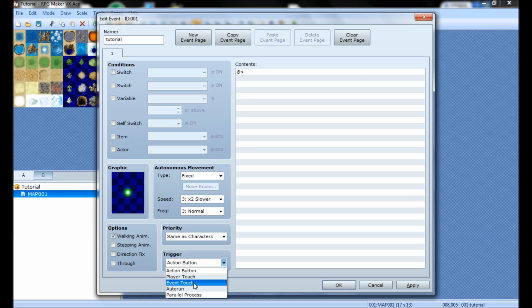Event touch means that when another event touches this event, it will be set off. It's similar to the player touch, only it's for events. Auto run means that it will run immediately when the player enters the area. Parallel process is similar,